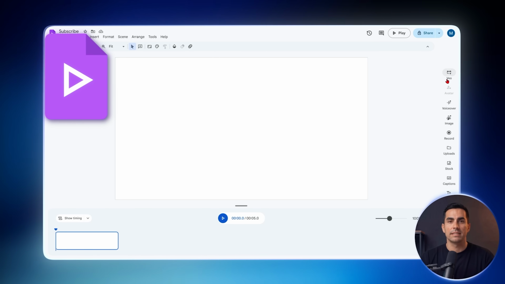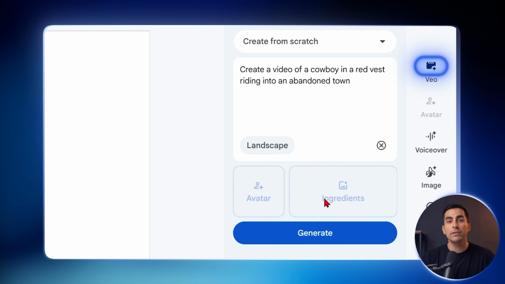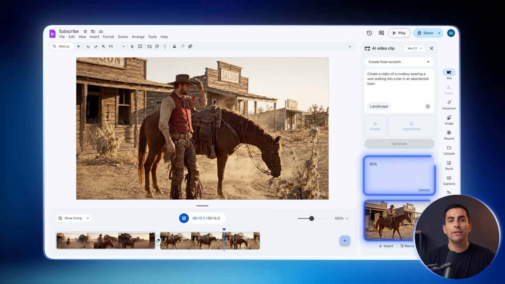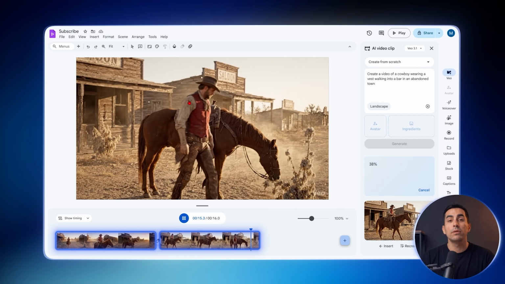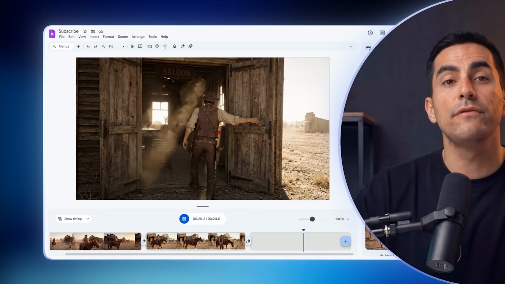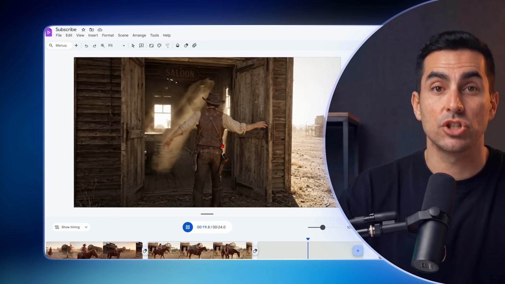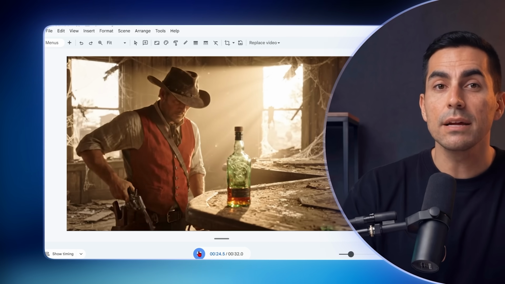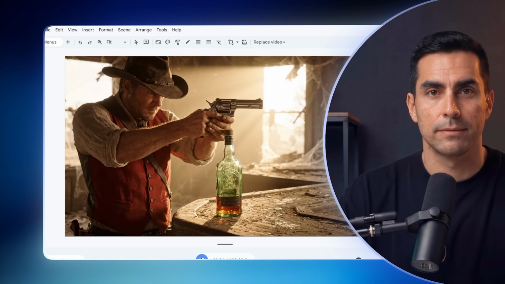So I opened Google Vids and asked its video generator for different clips of the same character doing different things. The plan was generate a few clips, put them together, and build that same type of content. But after a few generations, the character kept changing. Sometimes the face changed, sometimes the body changed, and sometimes it looked like a completely different person. If the whole point is to create a protagonist people can remember, that breaks everything.